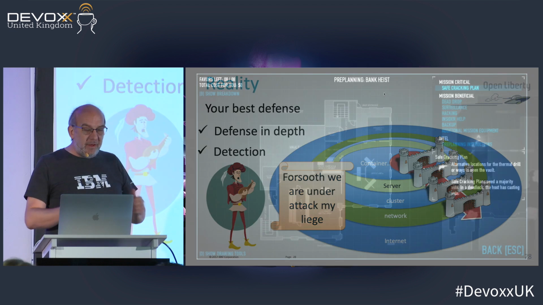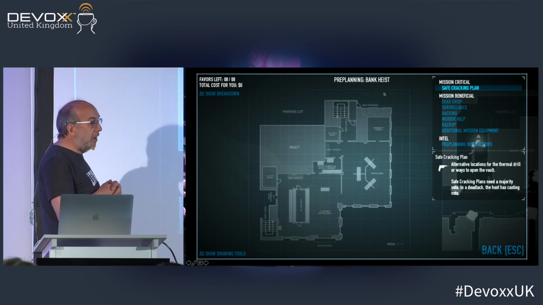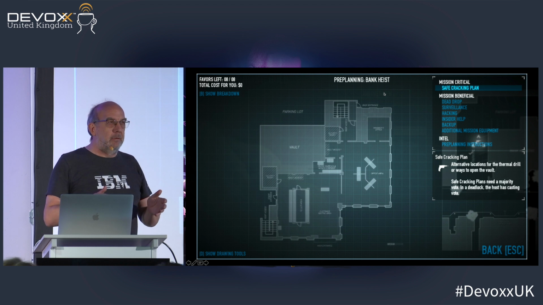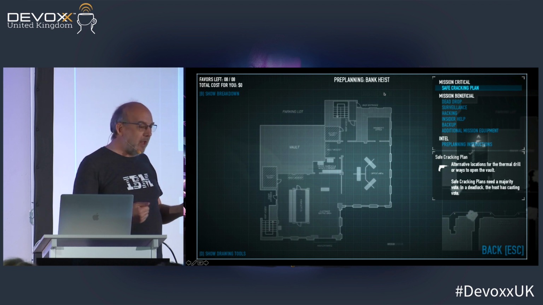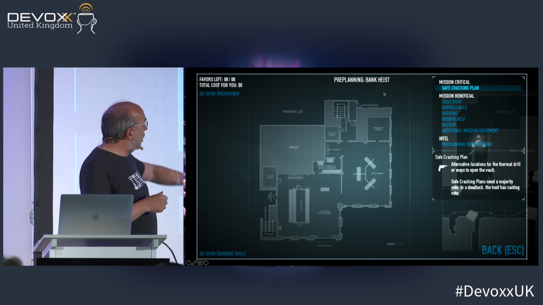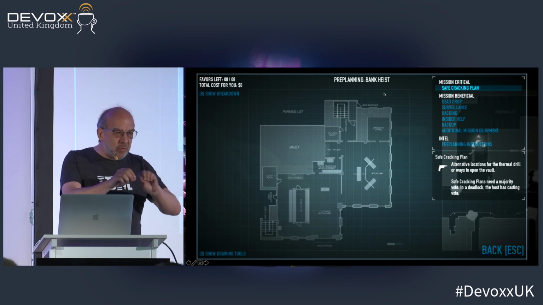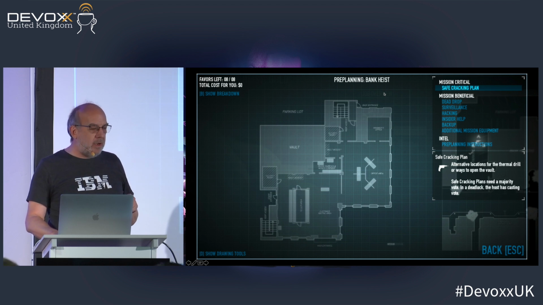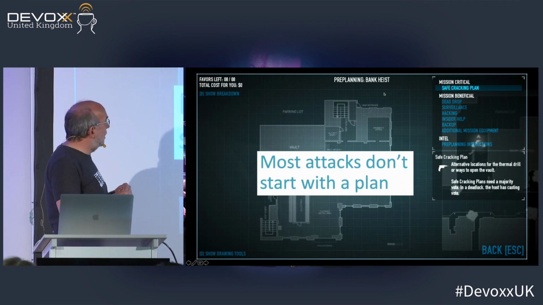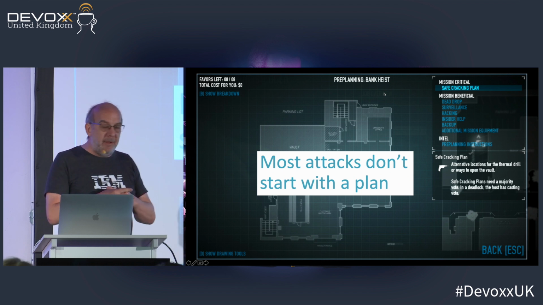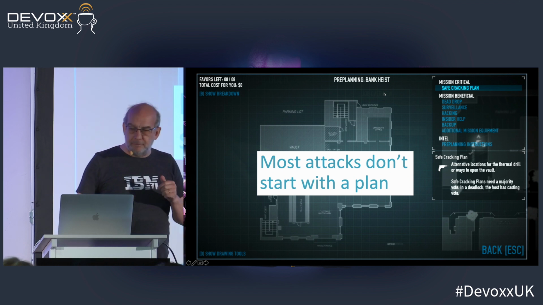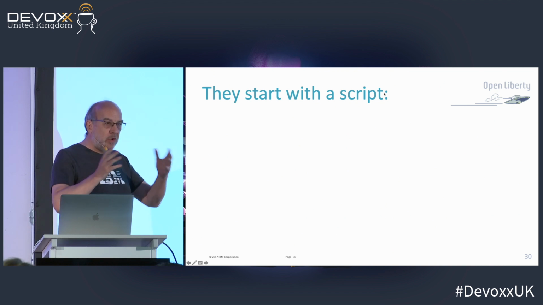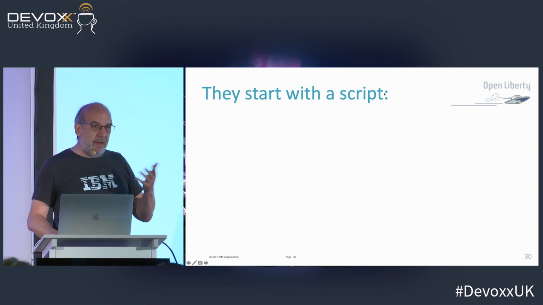There is this view that you have that it's like a bank robbery. I'm going to target you as an individual, as an application, and I'm going to look at your system, and I'm going to create complicated plans, and I'm going to measure what you're doing, and I'm just going to figure my way in. And the answer is, attacks don't start with planning. They start with scripts.